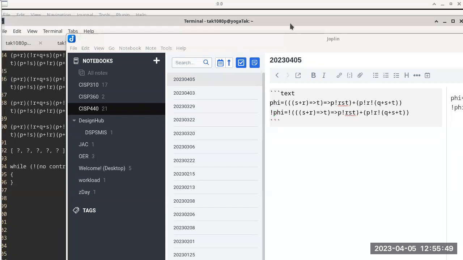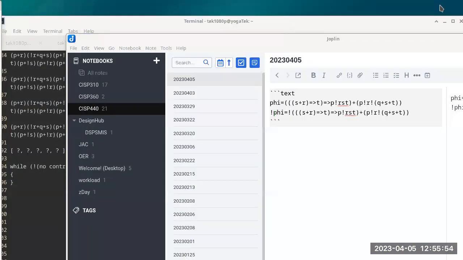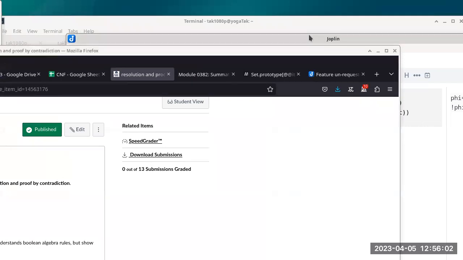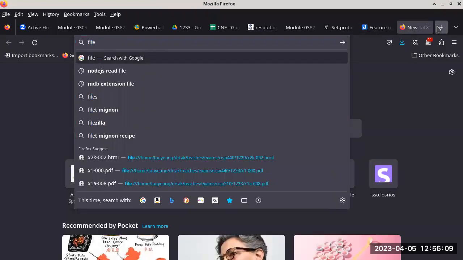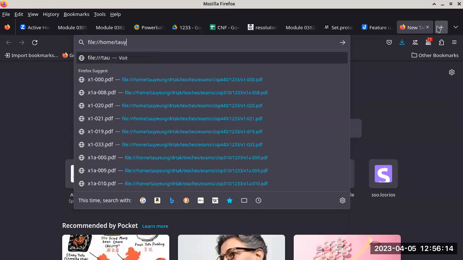I think I lost track of my browser, so let me find my browser first. Yep, that's the one. Okay. All right, so I can go ahead and try to find one where it is resolvable. It's probably the one before, so it's going to be file